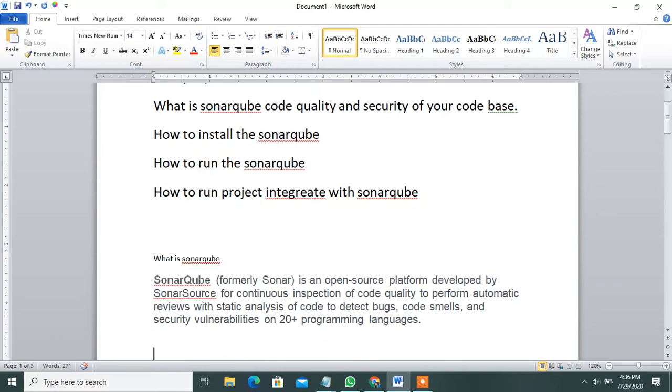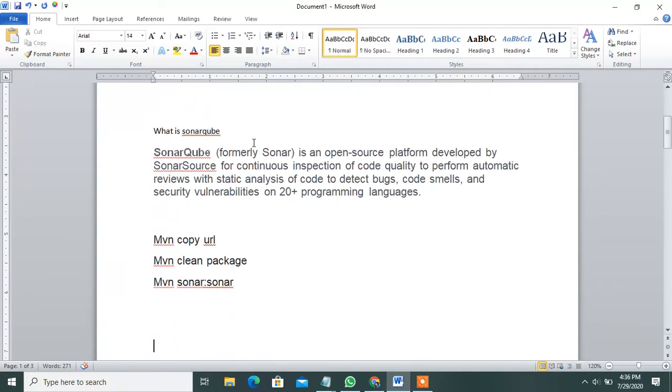SonarQube is an open source platform developed by SonarSource for continuous inspection of code quality, to perform automatic review with static analysis of the code to detect bugs. The important thing is checking how many errors there are, and which bugs or code will be invalid after checking the code quality.